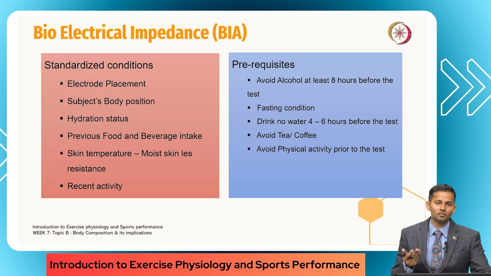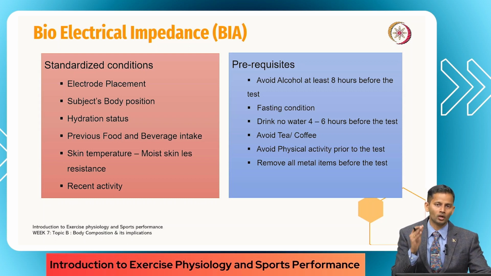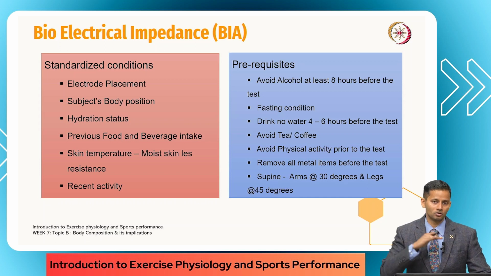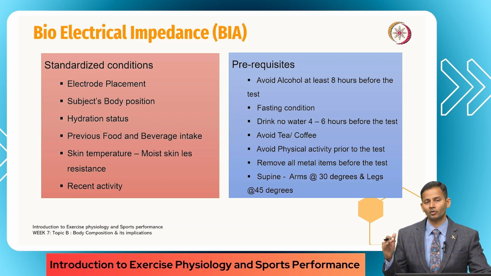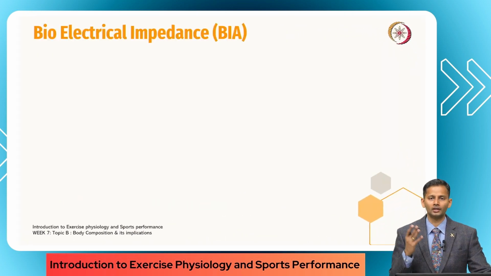Avoid any physical activity on the previous day to maintain the same level of body water composition in the compartments. Also, because we use low amplitude current, all the metal items have to be removed from the individual before doing the test, and the position of the patient has to be standardized. If you are doing it in a 4 electrode multi component bioelectrical impedance equipment, then the individual has to be supine with arms at 30 degrees of abduction and legs at 45 degrees of abduction. So that gives a standard position of the patient or the individual whom you are going